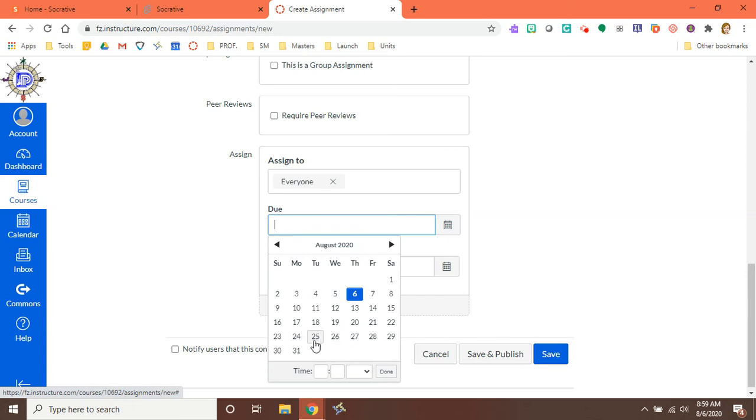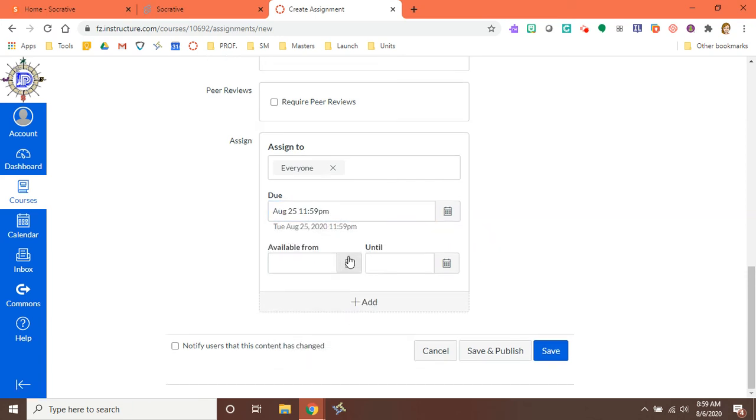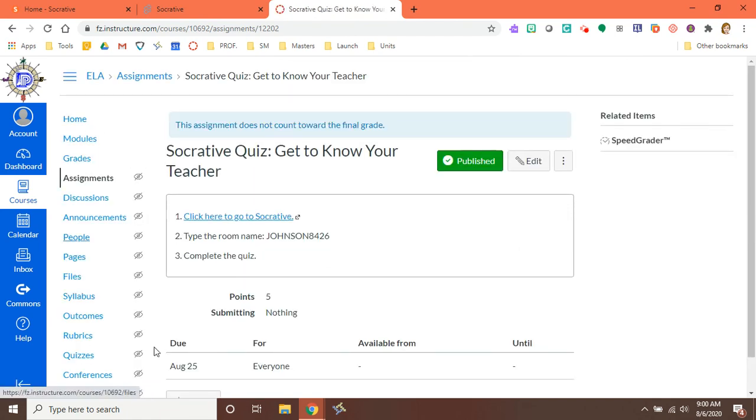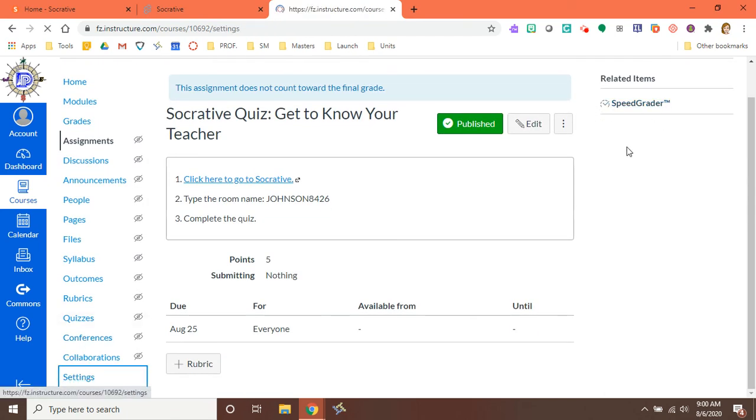And let's pick a due date. And if you click save, it's just going to save as a draft. If you want to make this live to students, you want to make sure to click save and publish. So now if I go in and look at it as a student,